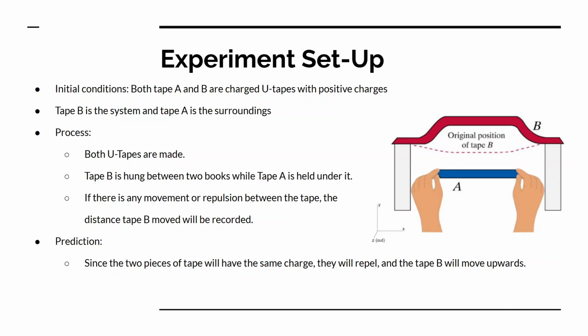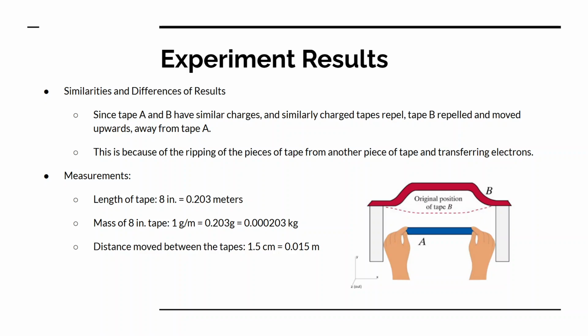Prediction. Since the two pieces of tape will have the same charge, they will repel, and tape B will move upwards. Experiment results. Similarities and differences of results. Since tape A and B have similar charges and similar charges repel, tape B repelled and moved upwards away from tape A. This is because of the ripping of the piece of tape from another piece of tape and transferring